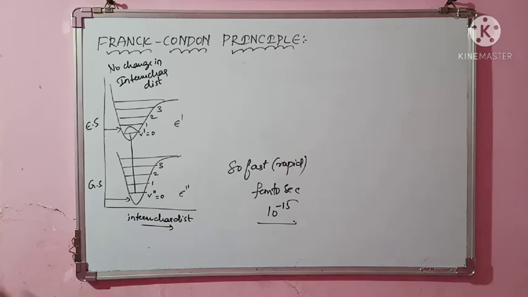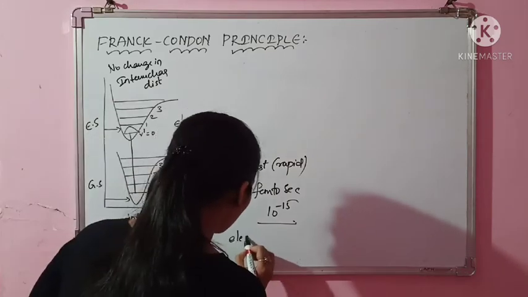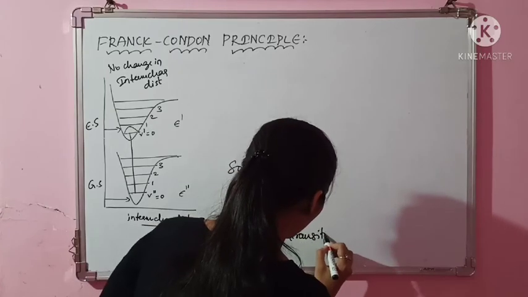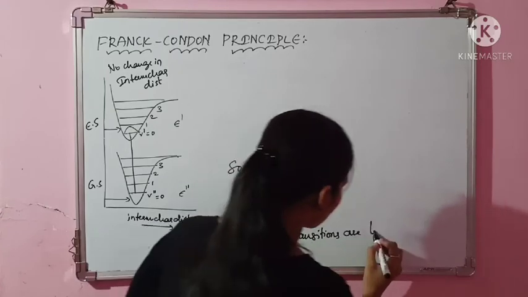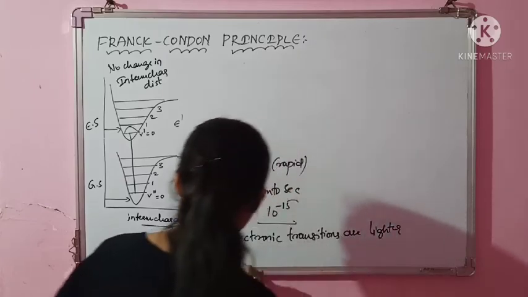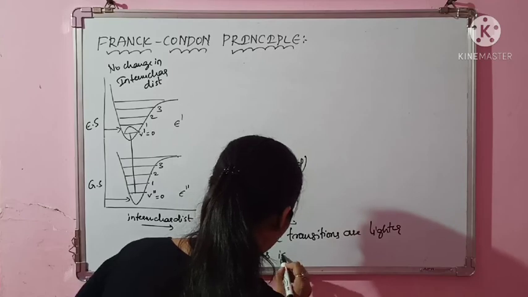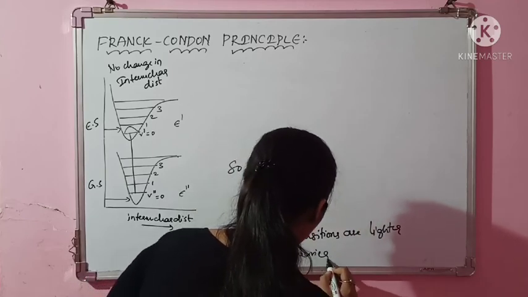And also you can apply the Born-Oppenheimer approximation. How? According to the Born-Oppenheimer approximation, to undergo vibration, your nucleus is very heavy. Whatever protons and neutrons are there, the nucleus is very heavy when compared to the electronic transitions. He even says that electronic transitions are very light, whereas the nucleus is heavier to undergo vibration.